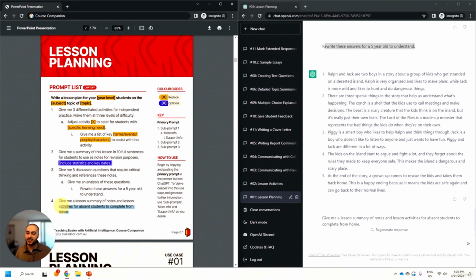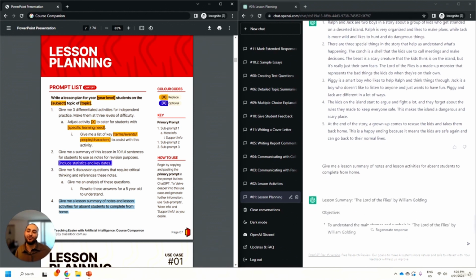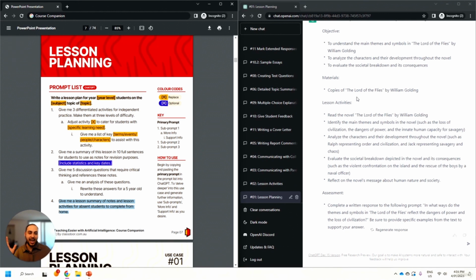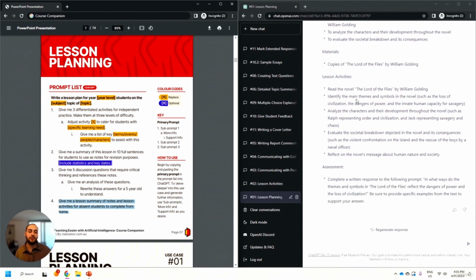And lastly is something that we know as teachers we need to do. We've got students that are sometimes absent from school, and it's our responsibility to load in a summary of the lesson into a learning management system, an LMS. So here, to wrap things up, we can actually ask ChatGPT, give me a lesson summary of notes and the activities for students who are absent to therefore do at home. Here we go. It's now absolutely summarized everything that we've given it so far in iterative feedback. Simply copy and paste it into your LMS, modify as you need to, and you're on your way. Such a powerful first practical use case.